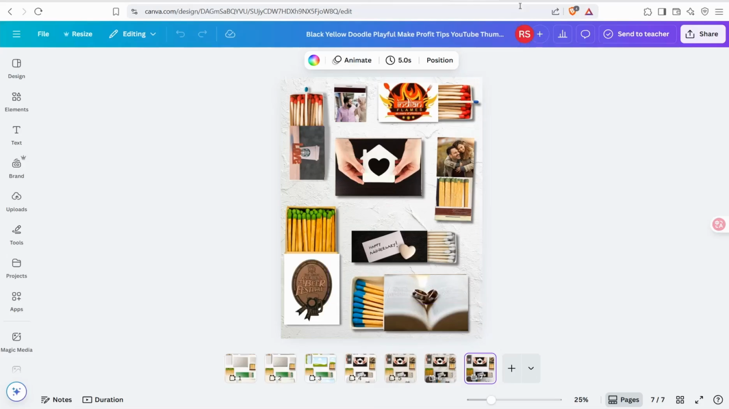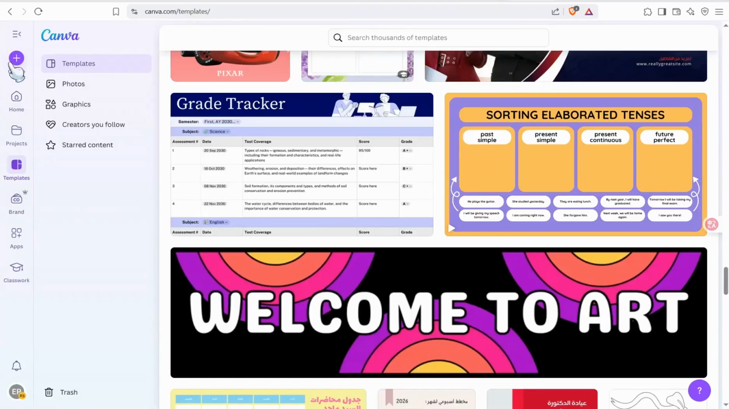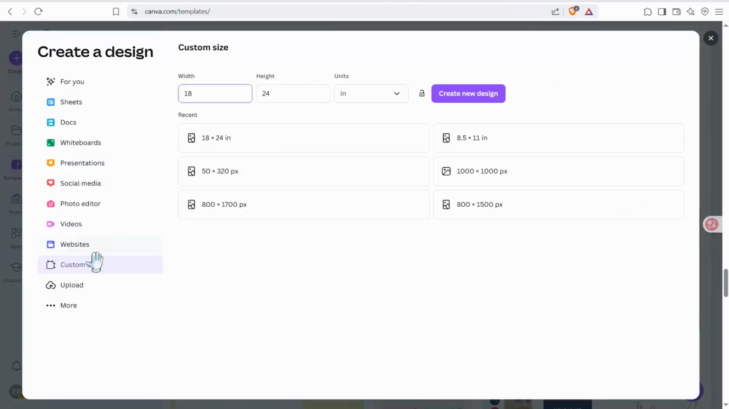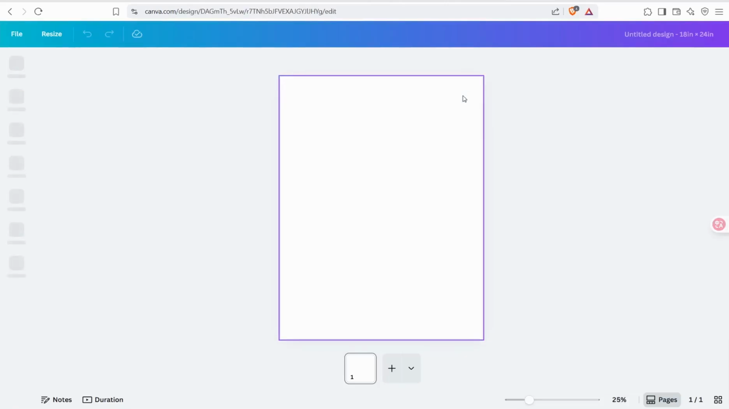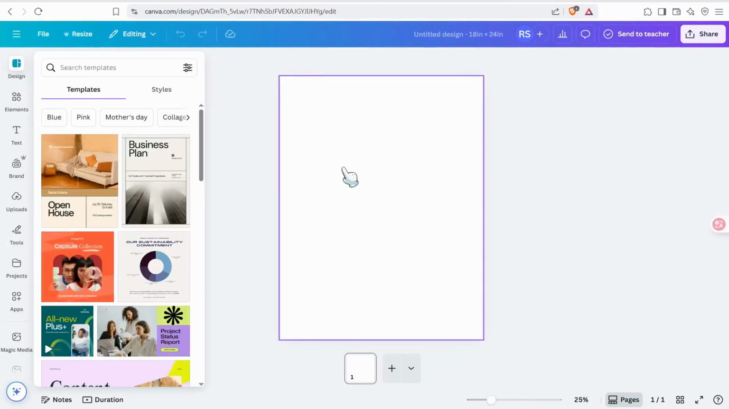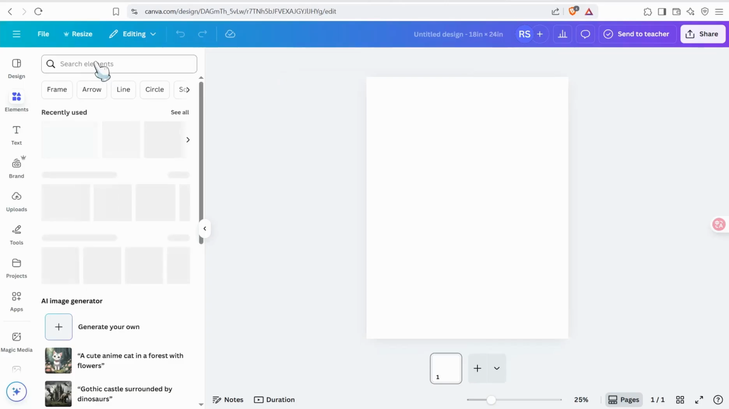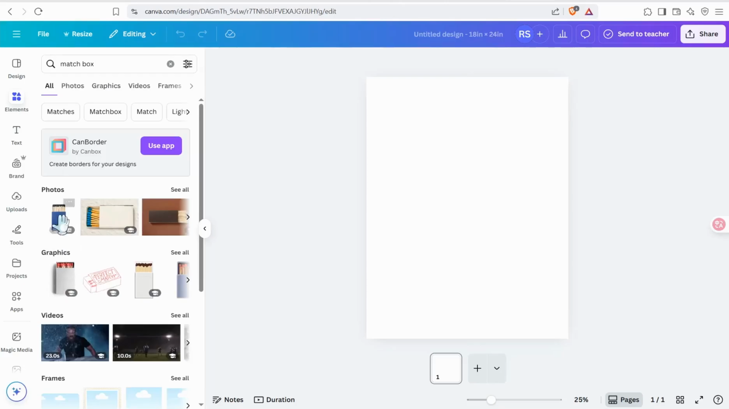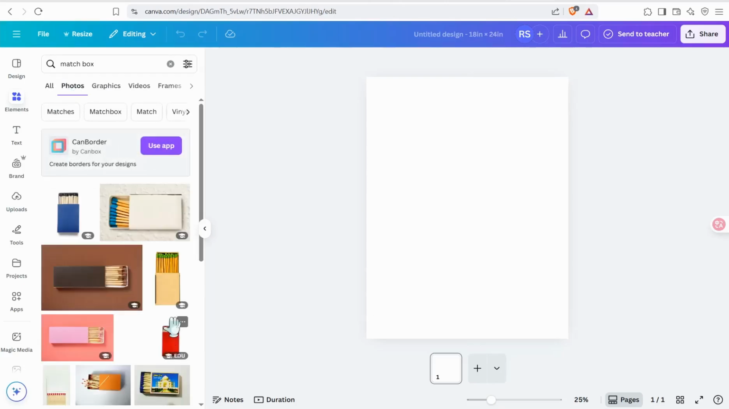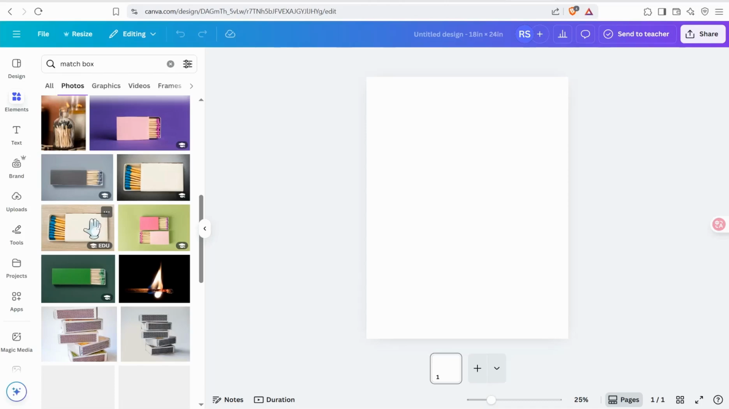Firstly, just head over to canva.com on the home page, go to create and customize the size, and insert these dimensions in inches, 18 and 24, and create a new design. Perfect. And for sure you can make different templates with different dimensions as you want. Firstly, just head over to elements and look for matchboxes like this one, and we can go to photos, and then you can find plenty of photos of matchboxes